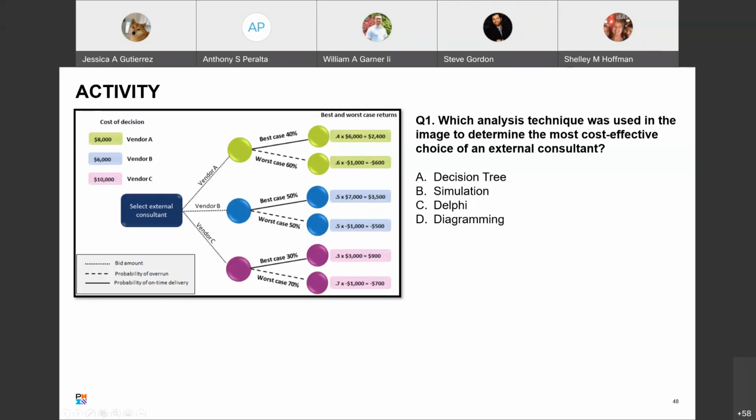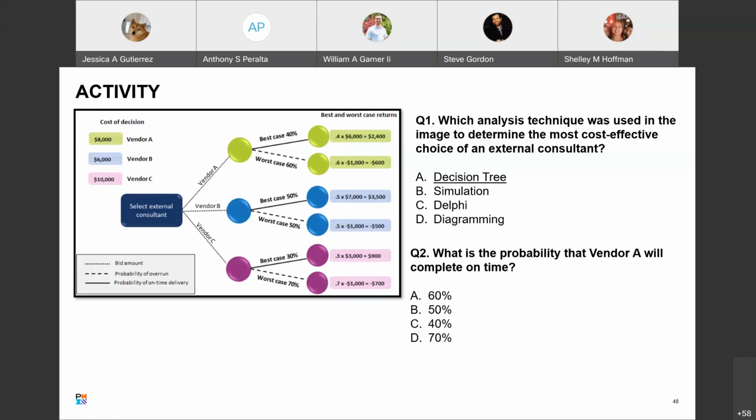Anybody challenge A, please? I'm seeing a lot of A's. Okay, good job. Nice work. Question 2, what is the probability that vendor A will complete on time? Is it 60%, 50%, 40%, 70%?